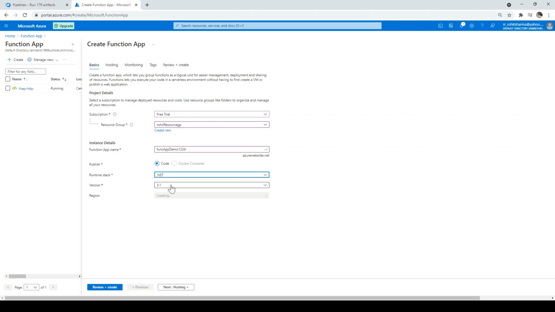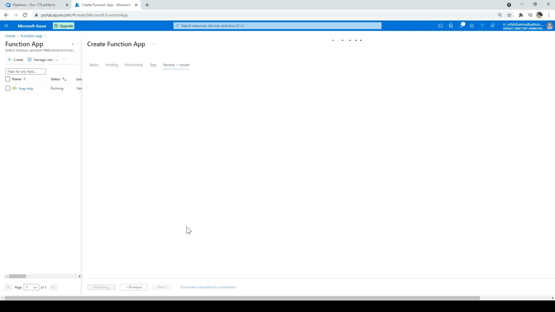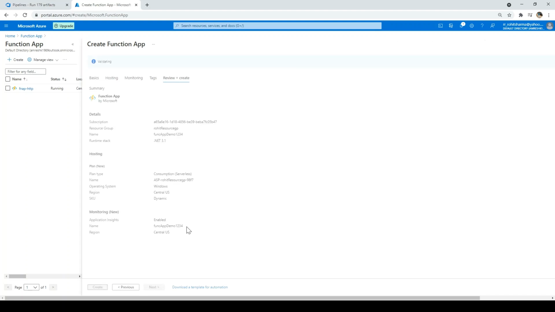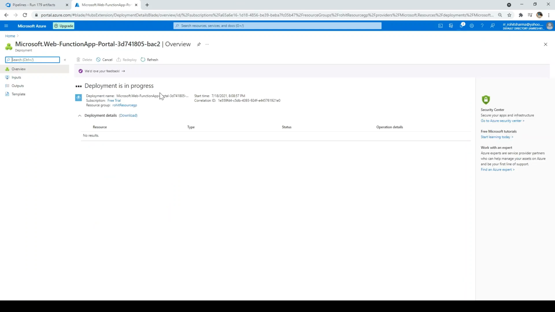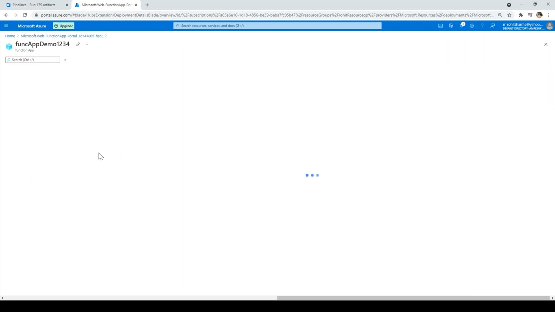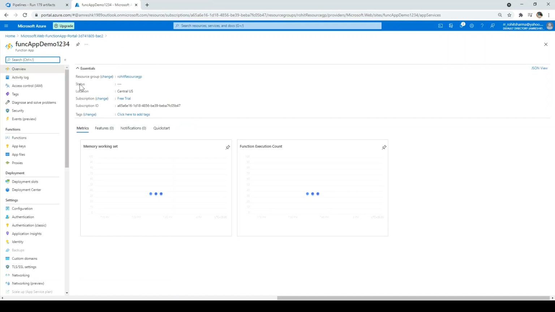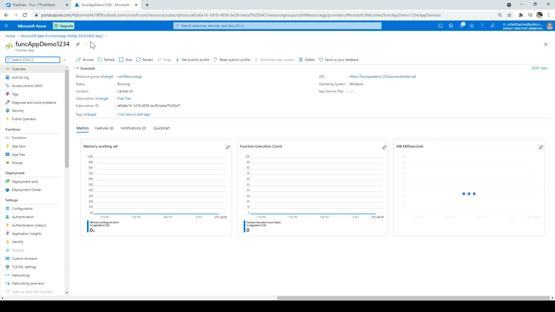Runtime stack .NET, version 3.1. I'll keep the region the same. Click review plus create. Click on create. So deployment is in progress, and it will take a couple of minutes to complete. So the deployment is completed. Click on go to resource, and the function app is created.